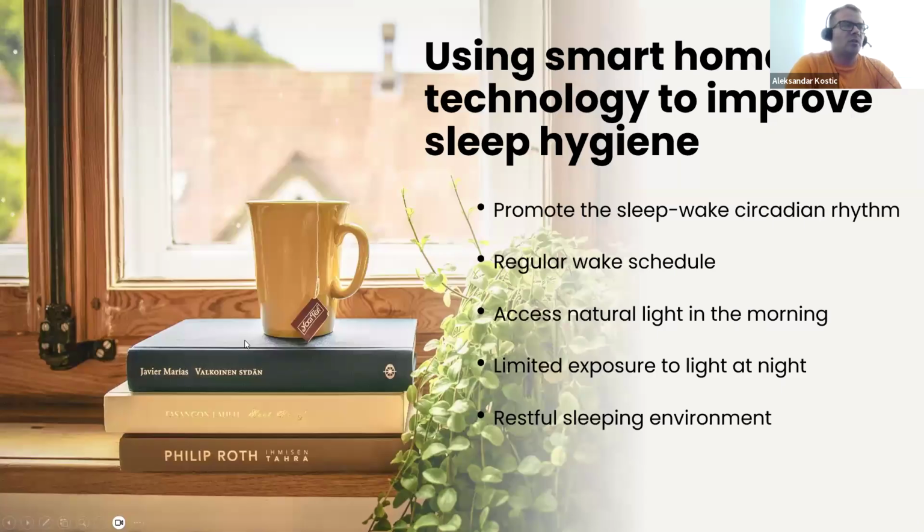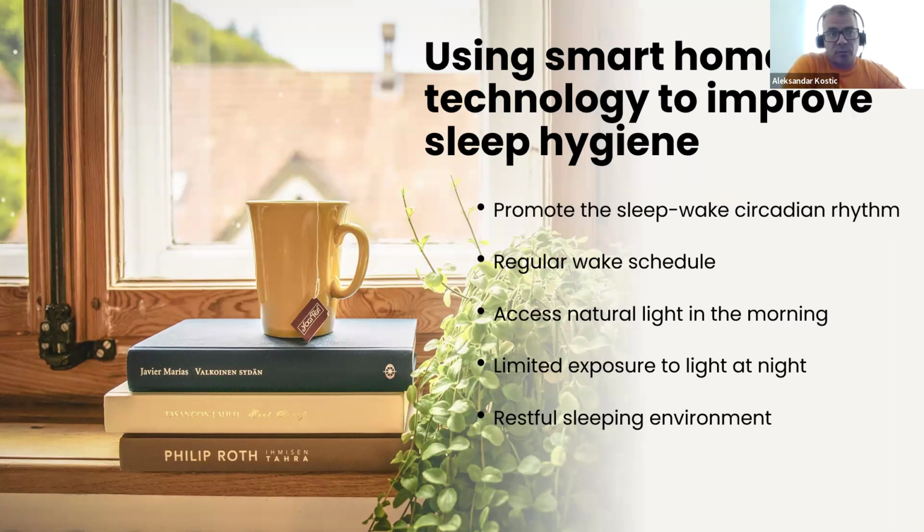So it is quite important because it provides more natural light in the room, and it provides the restful sleeping environment in the evening, and it is in accordance with regular wake schedule. And that is something what is most commonly used